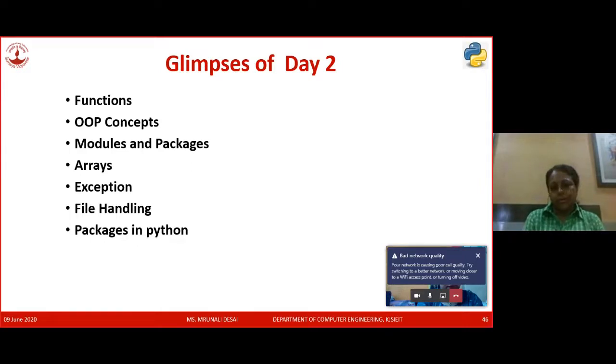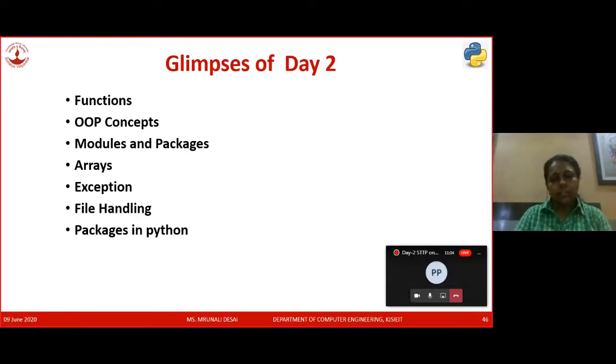So today I am going to explain the remaining part of yesterday's topic, that is the break, continue, and pass statements. After that, we will start with functions, OOP concepts, modules, packages, arrays, exceptions, and file handling. For some packages I will just give you an introduction. You can learn more about these packages in the next 4 days. So now we will start with the